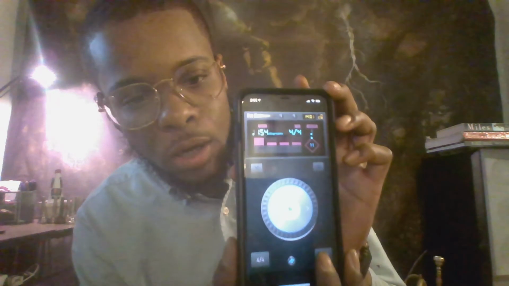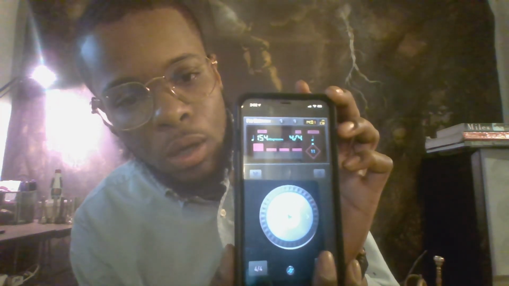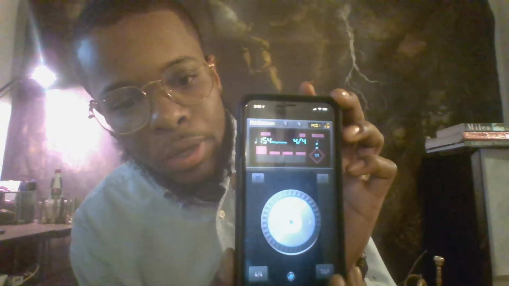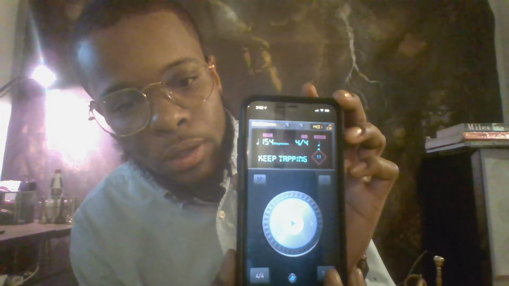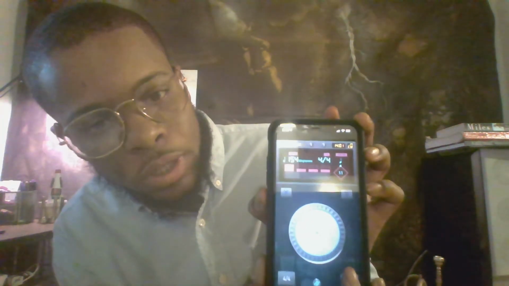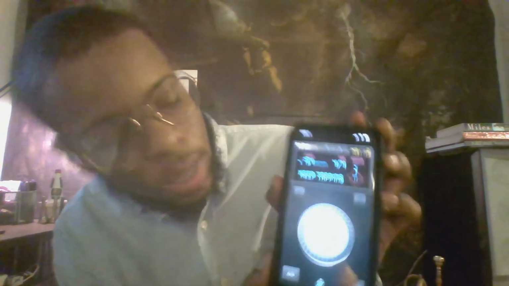I'm going to try to do this on camera. If I start tapping, 1, 2, 3, 4, 1, 2, 3, 4, you see it says keep tapping. It's measuring the speed that I'm tapping, and then the tempo would adjust. And so once I hit play,